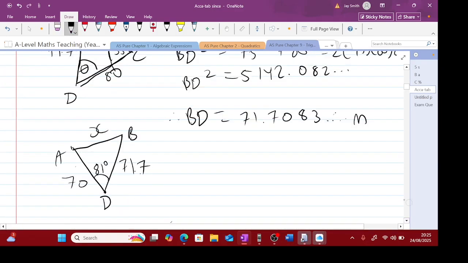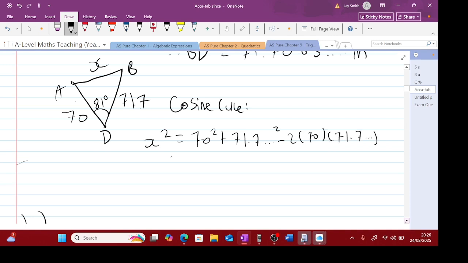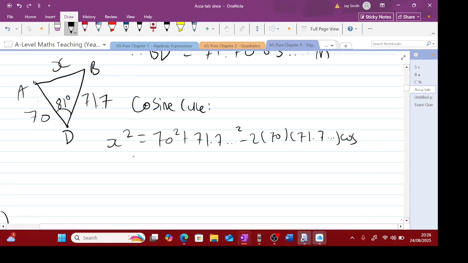So if I go back to this triangle here, I'm now in a position to work out this length, the letter X, because I'm dealing with two sides and an angle, which I now know. So I can find the missing length X by the cosine rule again. X squared equals the other two sides squared, minus 2 lots of 70, 71.7, cosine of the angle 81